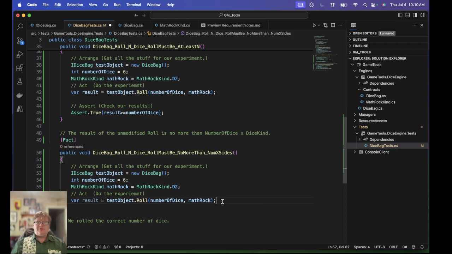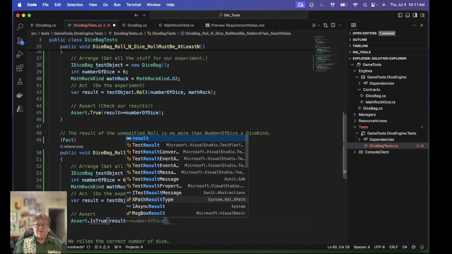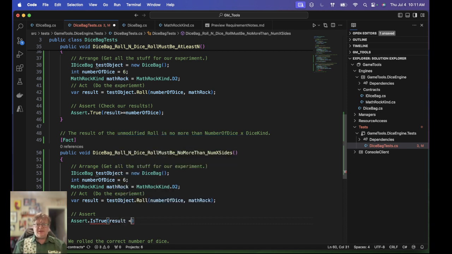And then down here under assert, dot is true. Assert is true. Result is less than or equal to